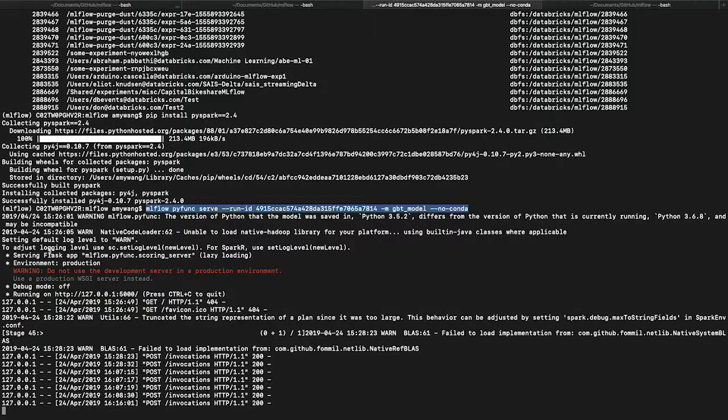It basically deploys a Flask application that's scoring a Python function, which is the same Python function that you saw me do in structured streaming, in batch. But now there's a REST API endpoint that you can post to and get some sort of probability or prediction back. So this service is running now on the endpoint, and I have another terminal